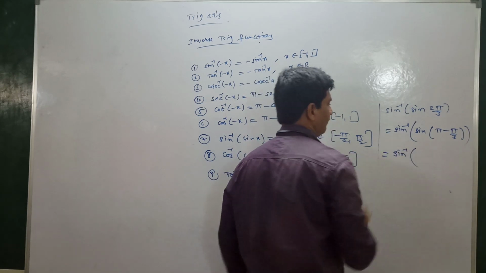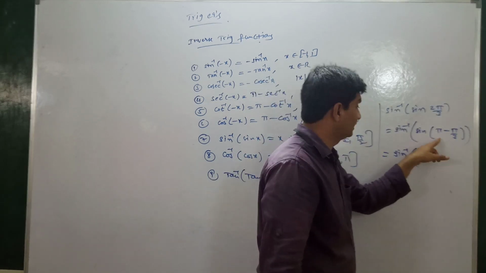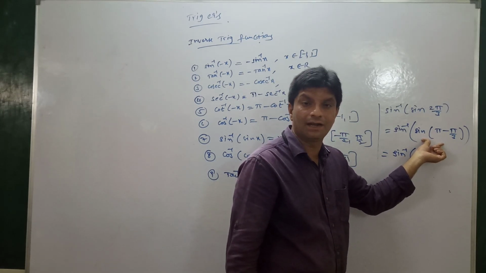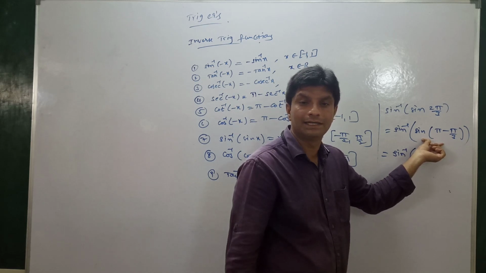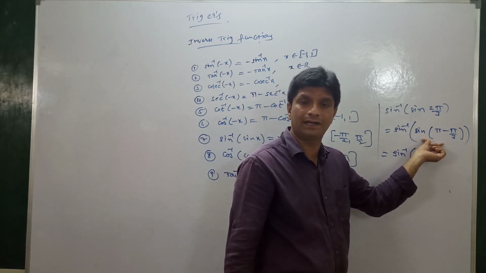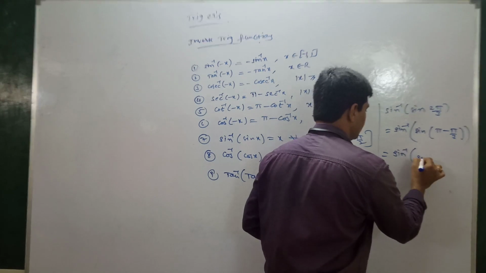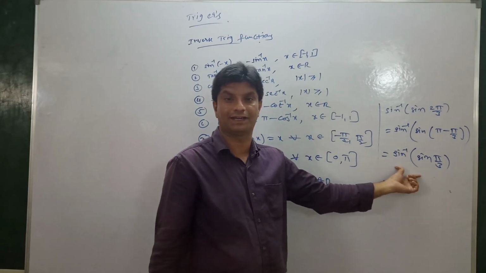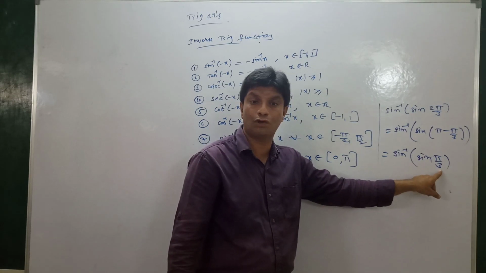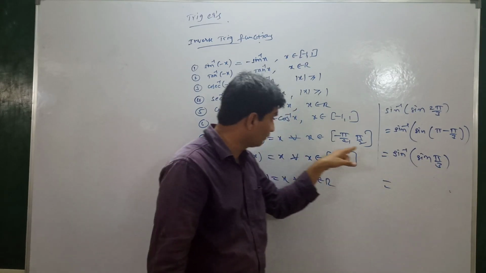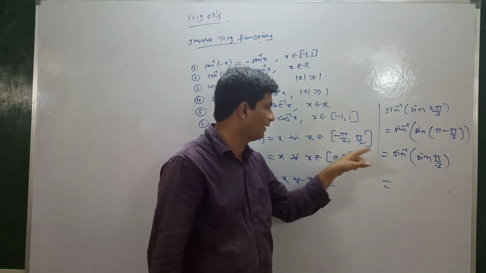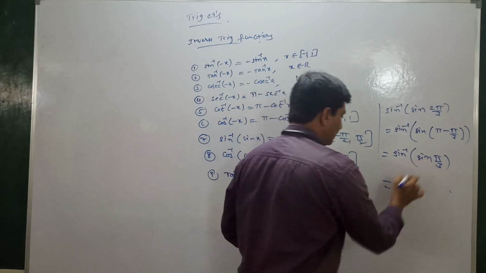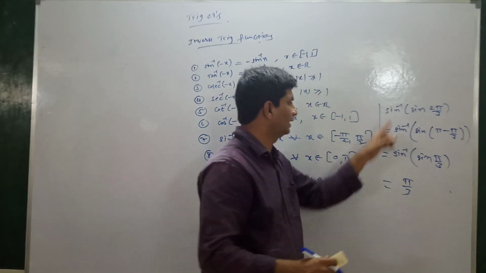This is sin inverse of, let us assume this is theta, sin of 180 minus theta. Sin of 180 minus theta is in which quadrant? Second quadrant. What is sin of 180 minus theta? Sin theta. So what do we get? Sin theta means pi by 3. Again this is in the form of sin inverse of sin x. But what is in place of x here? Pi by 3, that is 60. Now this lies in this interval. So whenever the value of x lies in this interval, directly we can write sin inverse of sin x equals x. Now what is in place of x? Pi by 3.